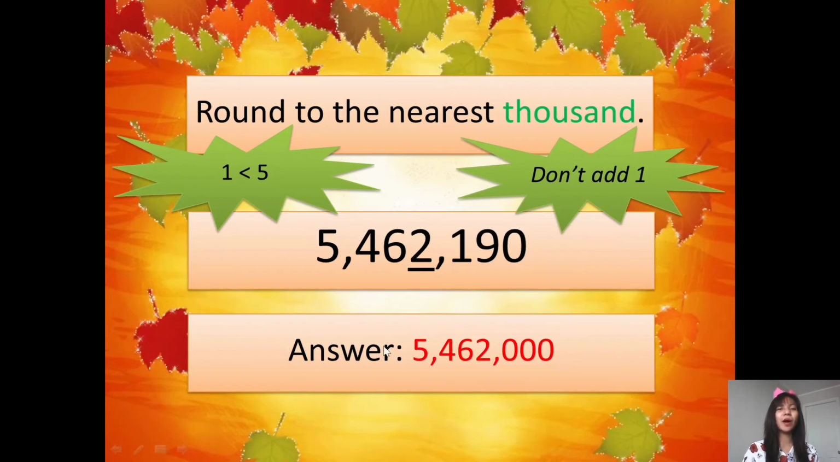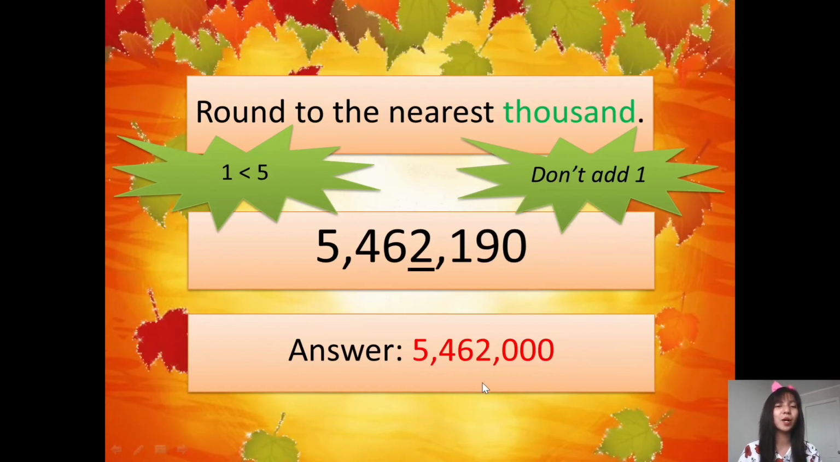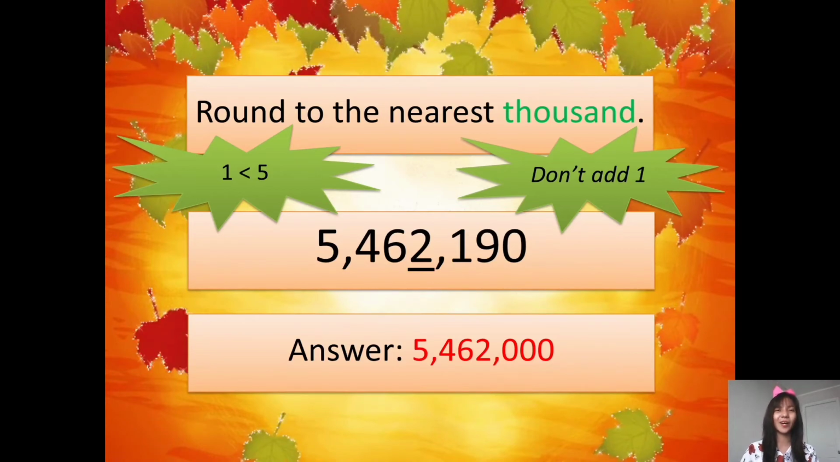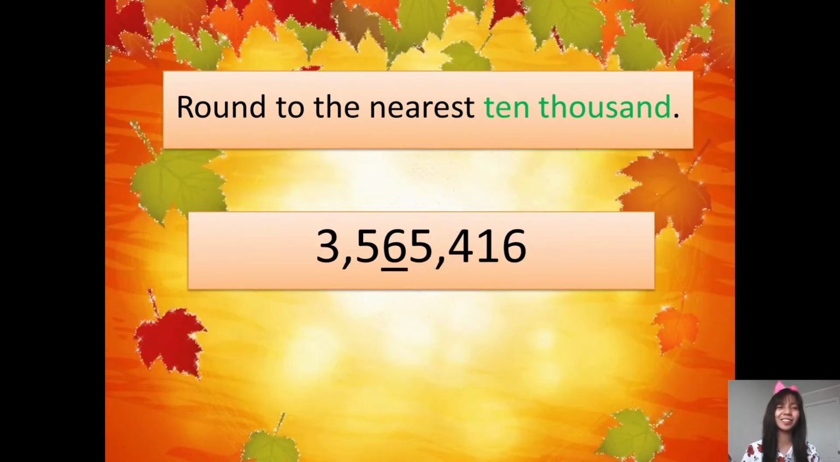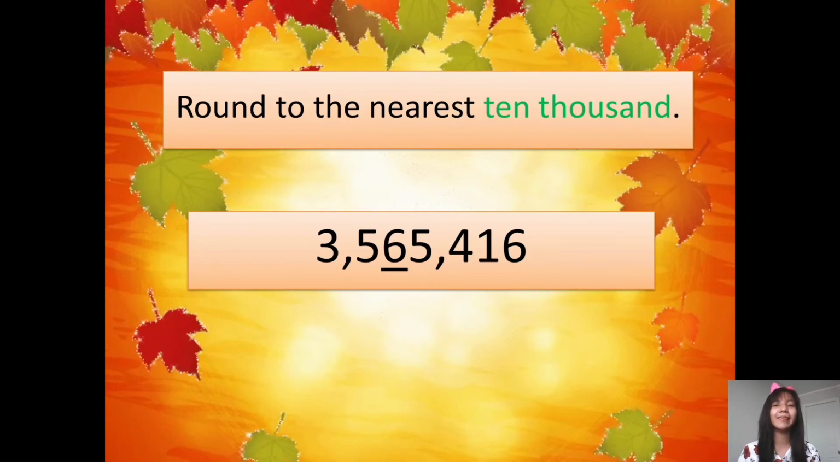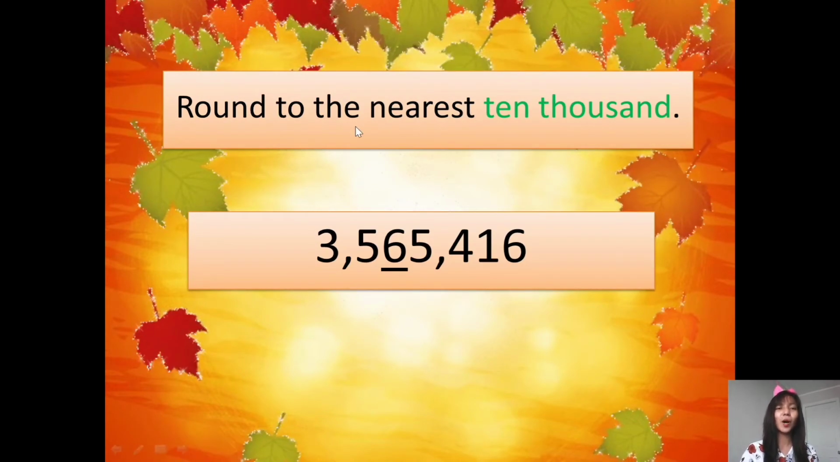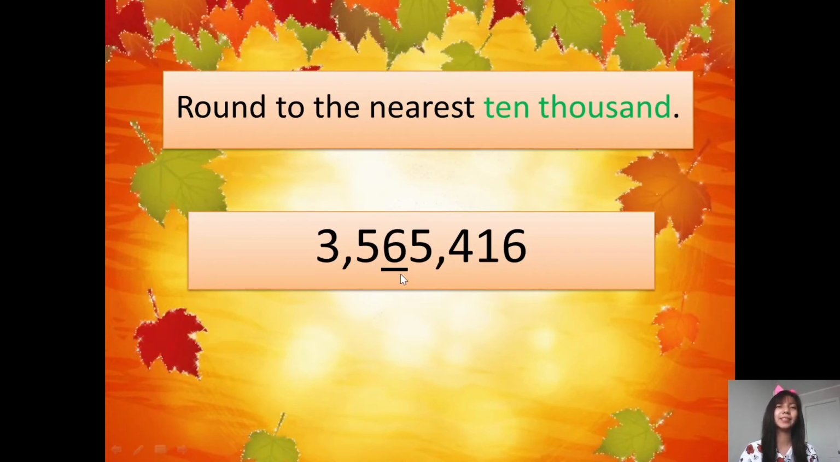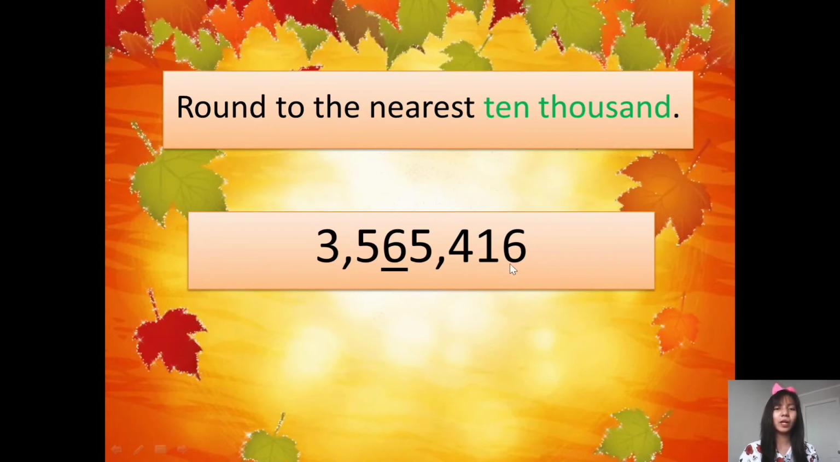Understand? So, our answer is 5,462,000. Alright, next, round to the nearest 10,000. So, our underlined number here is 6. Okay, ones, tens, hundreds, thousands, 10,000. Alright, so